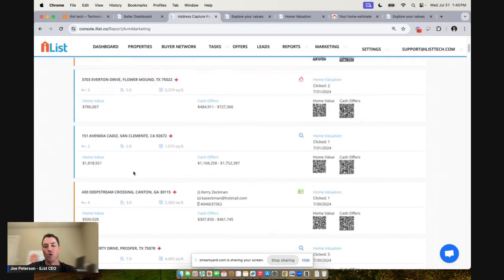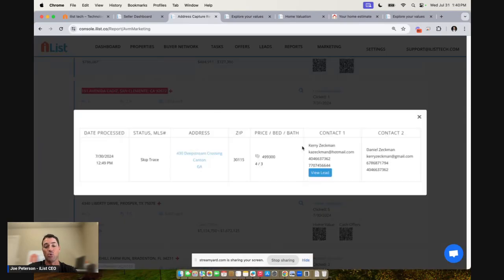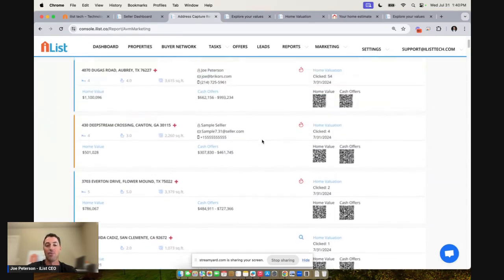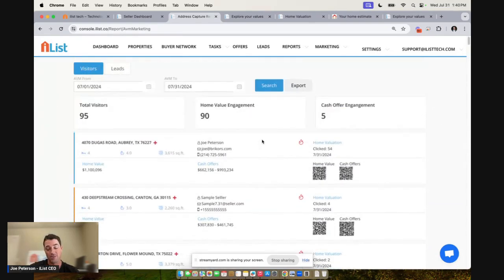I'm going to highlight one more thing here. We also have skip trace built in. So if you don't know who lives at an address, you can literally skip trace it. And guess what? It's going to bring in all of that data for you, and it'll go directly into your CRM. So that way, if you have partial leads, we can complete them